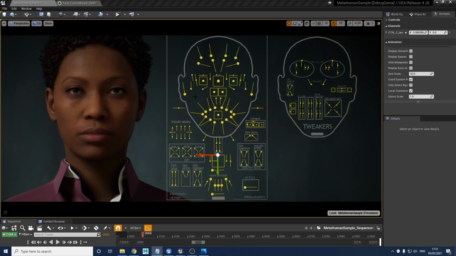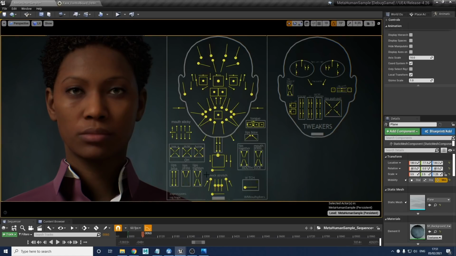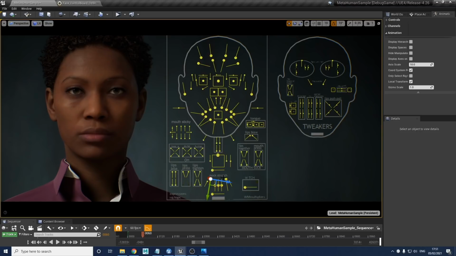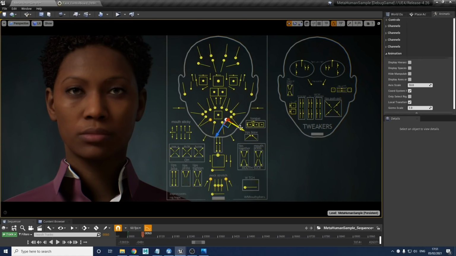Moving down the face, that's pretty much all of the mouth-related controls I've talked about so far. And then moving down to the very bottom, we have some neck controls. These ones here in the neck stretch, moving these is going to create tension in the muscles running up and down the neck, which work very well with the stretch control. So this is the neck stretch, and it works very well with the mouth stretch, because when we stretch our mouth out wide, we also get that kind of impact on the neck.